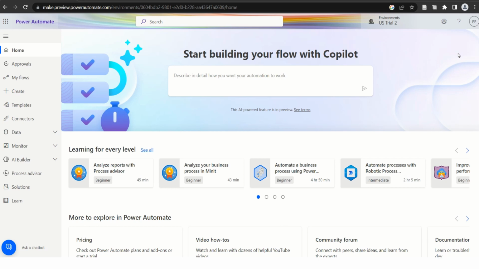Hello everyone, so today we are looking at Copilot and Power Automate. The introduction of the Copilot tool across all the Power Platform products is a significant development that has been announced by the Microsoft team. So today we are looking at how we can use that tool to help us in the building of Power